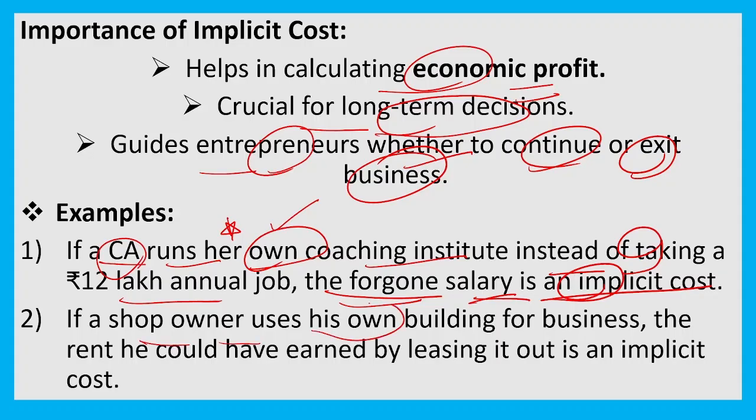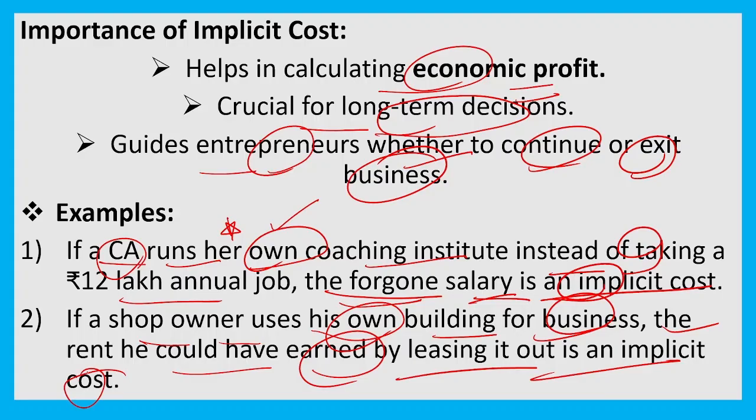If a shop owner uses his own building for business, the rent he would have earned by leasing out will be an implicit cost. कहने का मतलब है कोई एक बिल्डिंग है, आपके पास लैंड है, उसके ऊपर बिल्डिंग आपने खुद ने बनाया है और उसी के ऊपर आप काम कर रहे हो खुद का बिजनेस के लिए। यहाँ पे क्या हुआ, वही बिल्डिंग आपने रेंट पे दी होती तो पैसा आता, लेकिन आपने वो अपॉर्चुनिटी जाने दी और खुद की बिल्डिंग बना के खुद ही आप यूज कर रहे हो। ऐसे ही घर में भी होता है, खुद का घर बना के खुद यूज कर रहे हो, या तो फिर वही घर को आपने रेंट पे दिया होता तो ज्यादा पैसे आते। तो द कॉस्ट दैट यू हैव फॉरगॉन एंड द वन दैट यू हैव चोजन, ये कॉन्सेप्ट को हम इम्प्लिसिट कॉस्ट कहते हैं, ठीक है।